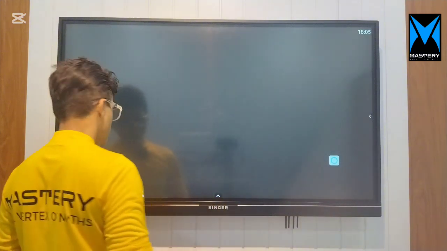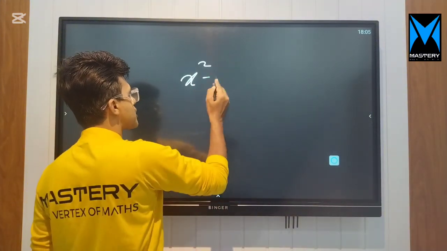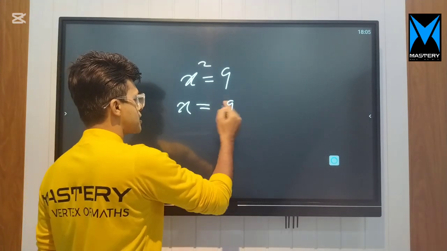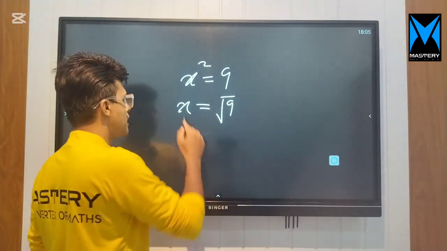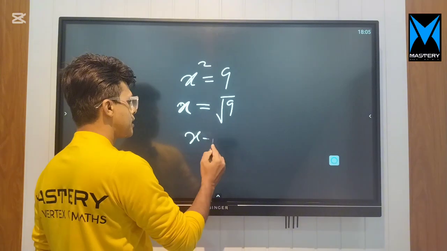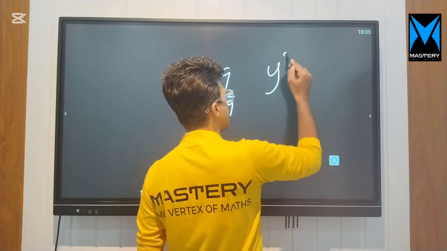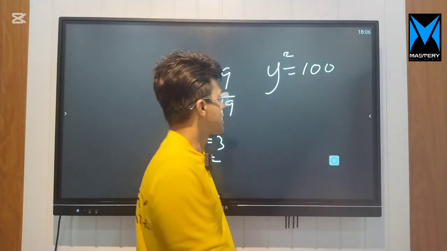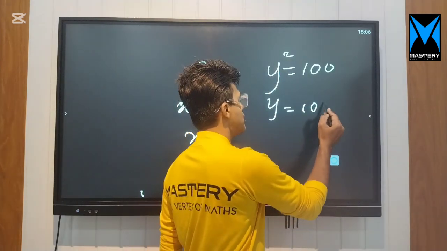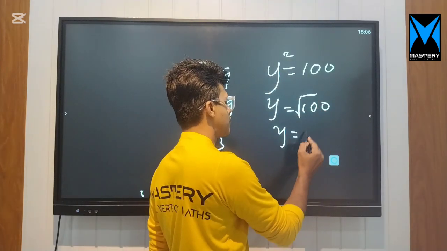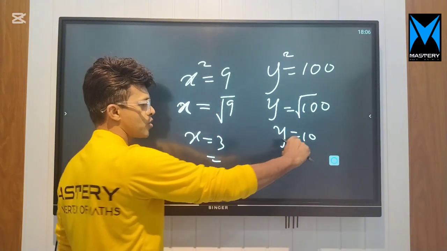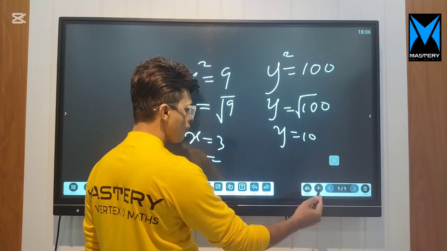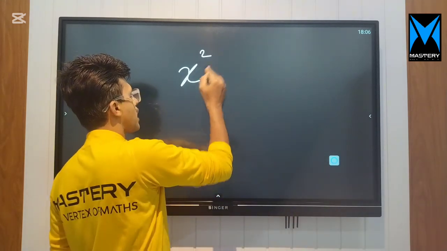If x square equals 9, you could get the value of x, that's the square root of 9, which is 3. If y square equals 100, you are able to get the value of y, the square root of 100, which is 10, y equals 10. The reason is 10 times 10 gives 100. So what's the value of this one? If x square equals